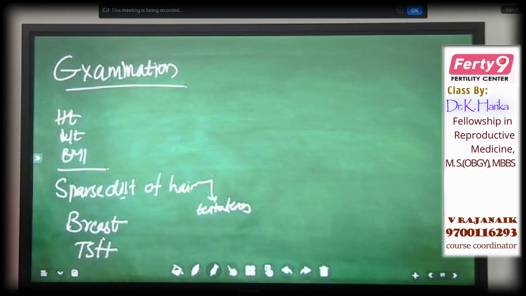Breast and thyroid. In a few cases where there is decreased androgen level and increased estrogen level, like in obese males and also in a few other conditions, what will happen? Breast enlargement will be there. That is gynecomastia. So gynecomastia indicates which abnormality? In which male patient can you see gynecomastia?